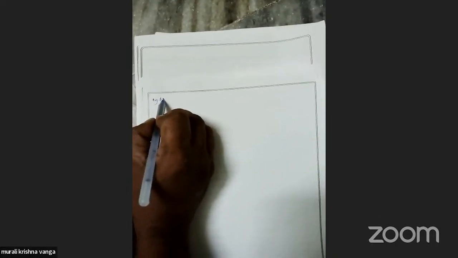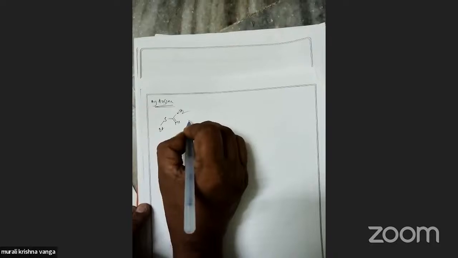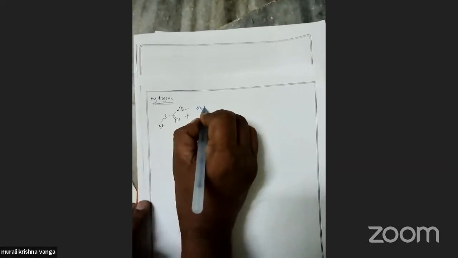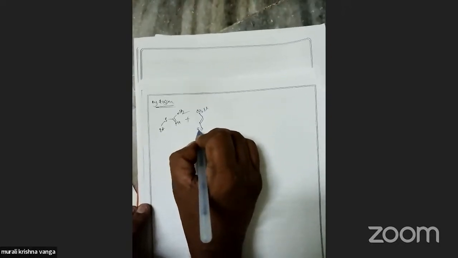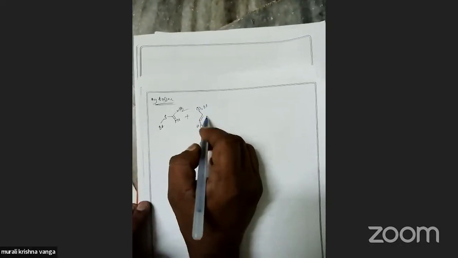Next one is cytosine. In this cytosine, S-ethyl thiourea is reacting with sodium formyl acetic acid in presence of